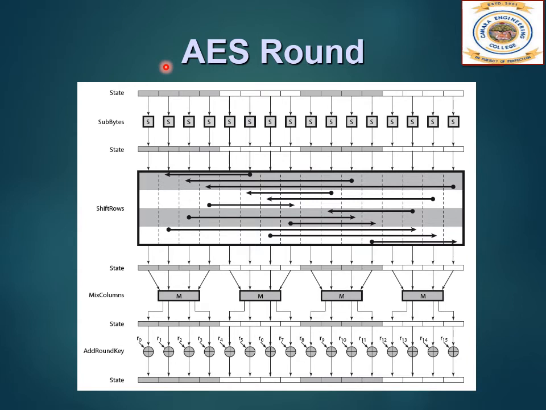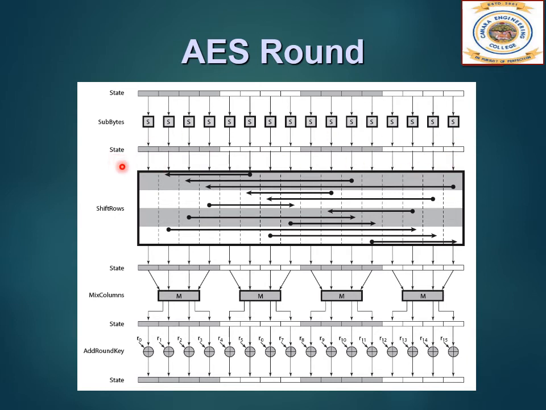Here again we can see the explanation of the AES round pictorially. First, this is a state. State means the initial input, or the output of any stage, entered in a state array. Every round has 4 stages. The first stage is substitute bytes. Here these are the S-boxes. We have seen how the substitution is done. We have a 16 cross 16 substitution box, and accordingly we substitute each element of the 4 cross 4 matrix. Then we get the output, which is again represented in the state array.